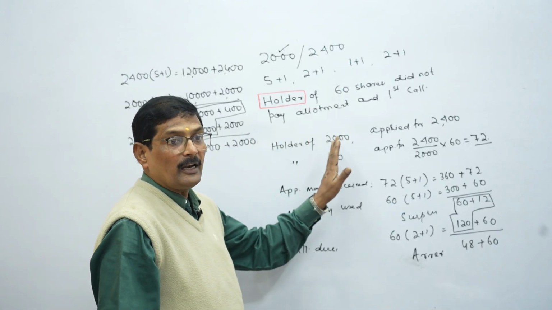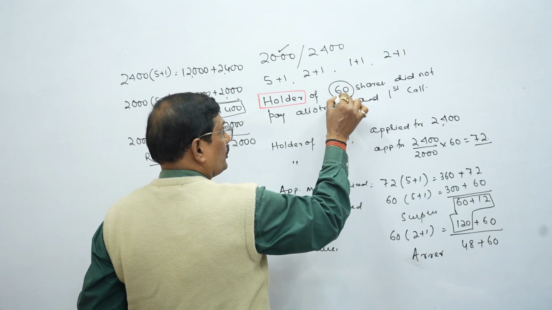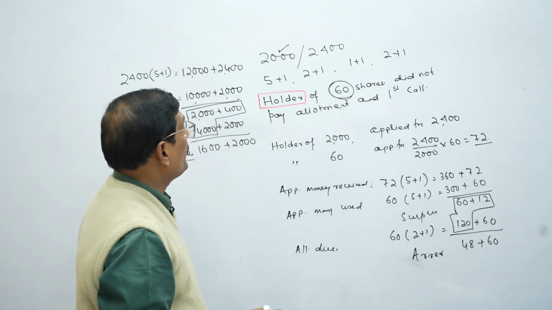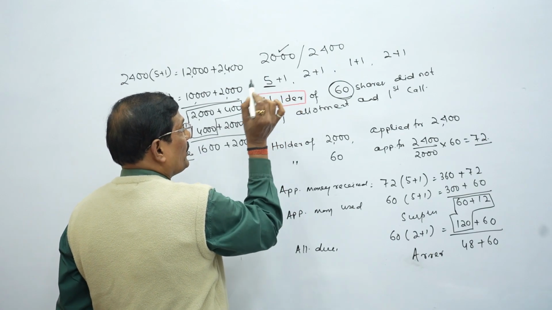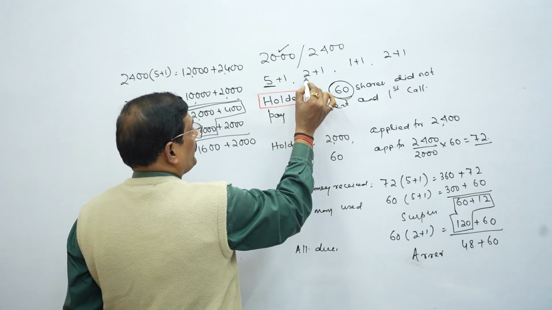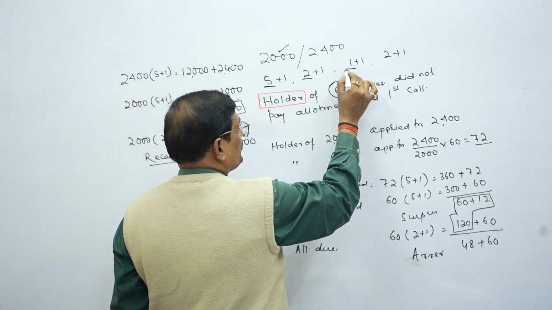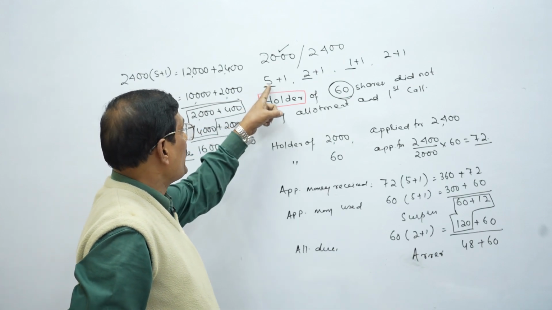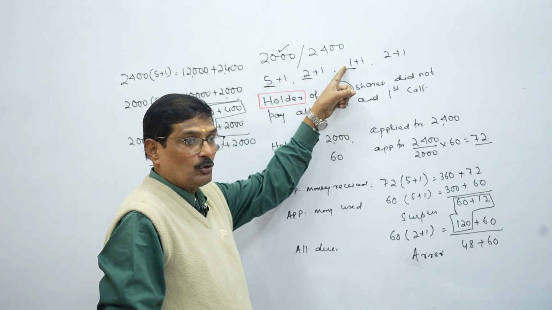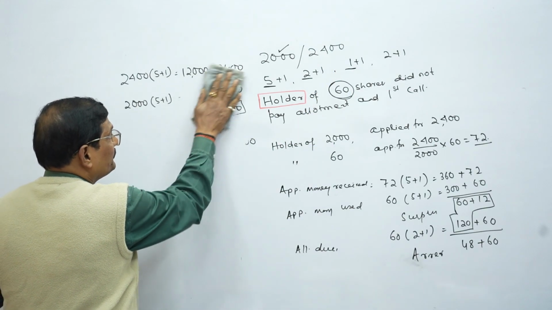So if we want to forfeit the shares, this holder of 60 shares, if I want to forfeit, called up amount is how much? We have called for application, we have received. We have called for allotment, we have partly received, and first call we have not received. So the capital account will be debited with how much? 5 plus 2 plus 1 called up amount, that is 8 rupees. So the entry will be